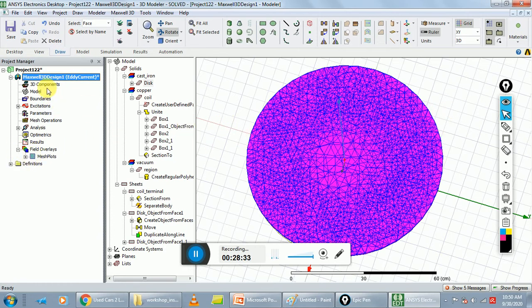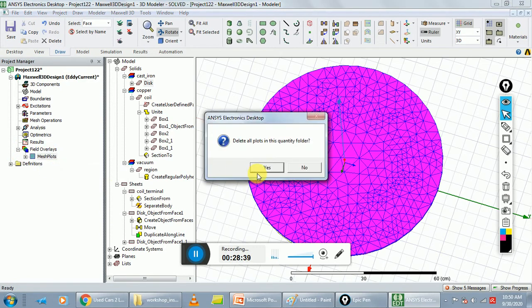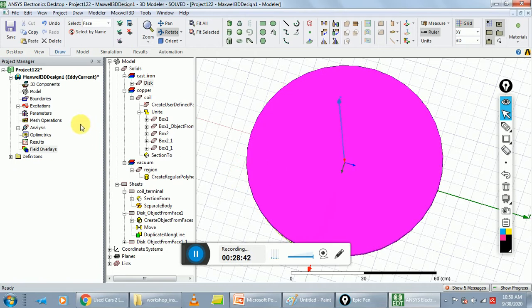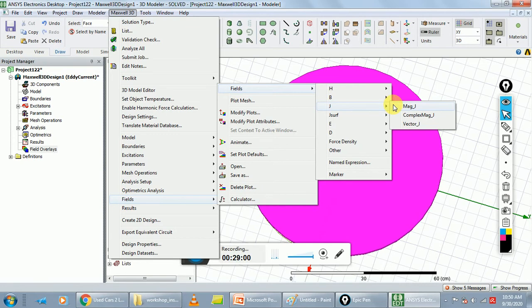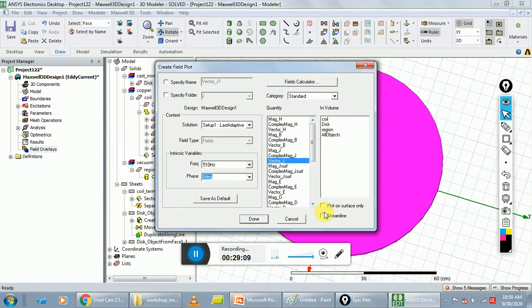For remove the mesh plot, go to project manager, explore field overlays, right click on plot meshes and delete, yes, and again go to history tree and select object disk, go to Maxwell 3D, fields, J is your current density vector, plot J vector, check here plot on surfaces only, and press done.